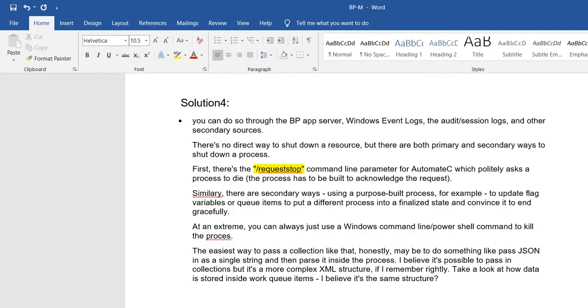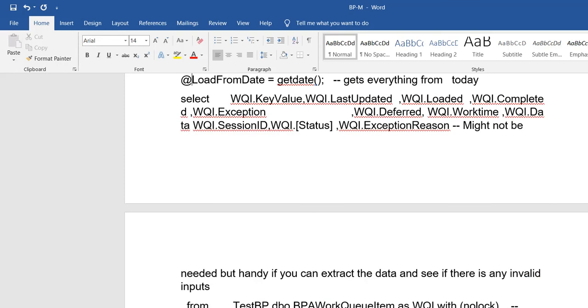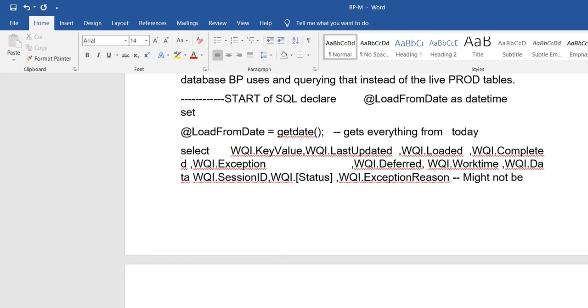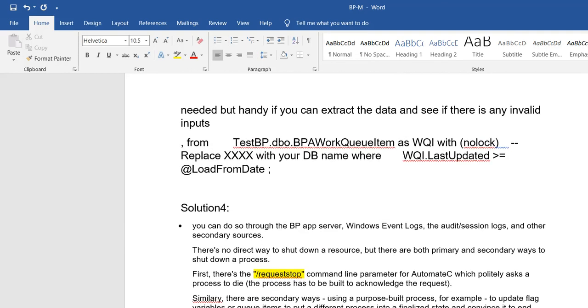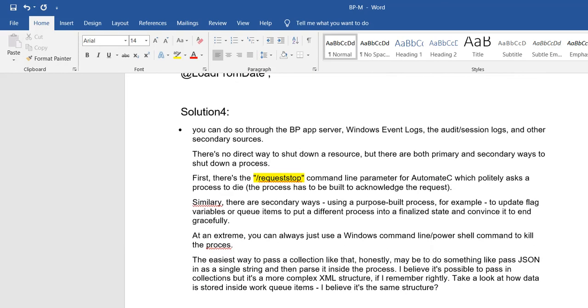So these are all the ways we can check and update how the bots are running and what the status is. Whichever way you go, automatec.exe mostly depends on the app server, and you can get these details from the application server, which is installed on the Blue Prism machine, or you can also check from the client machine.